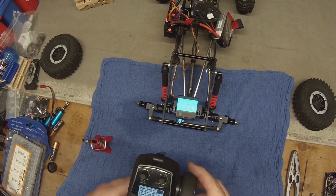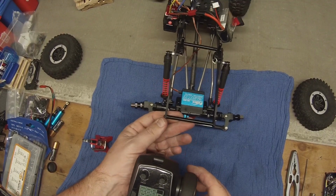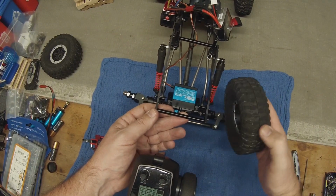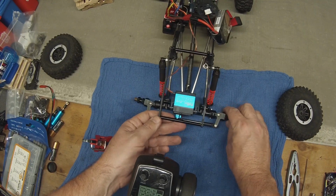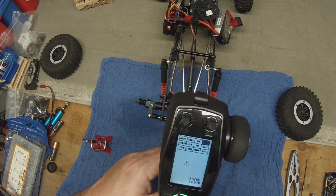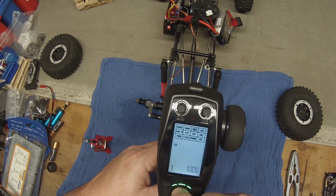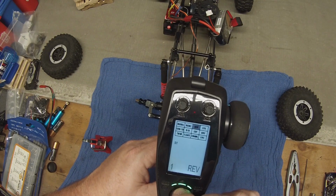Alright guys, so you see we have to adjust the end travel. Just when we get the tires on, we're not going to want them to come hit the shocks or hit the rear frame. We're probably going to limit it to where it's not going to go too crazy on the rear steer. Just something to help us. And what you do is you just scroll over once you find the right channel. So you scroll over to EPA,